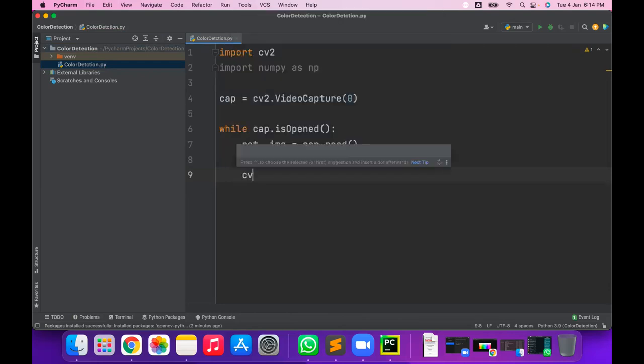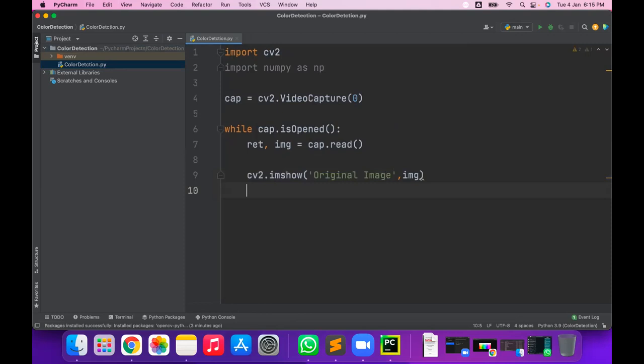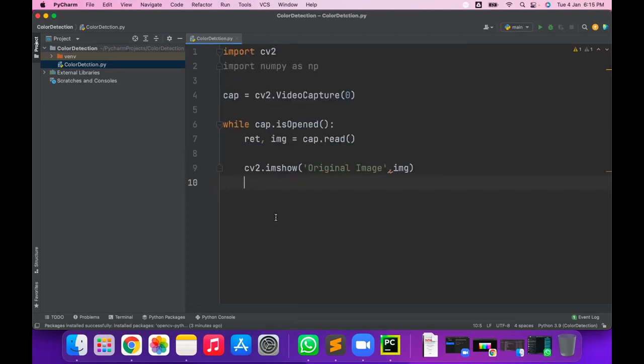Very simple, cv2.imshow is the function, and the window name I'm giving here as "original image", comma, img. It is a matrix, so it is the img. It will show the image, but after showing the image, you should wait for some time.